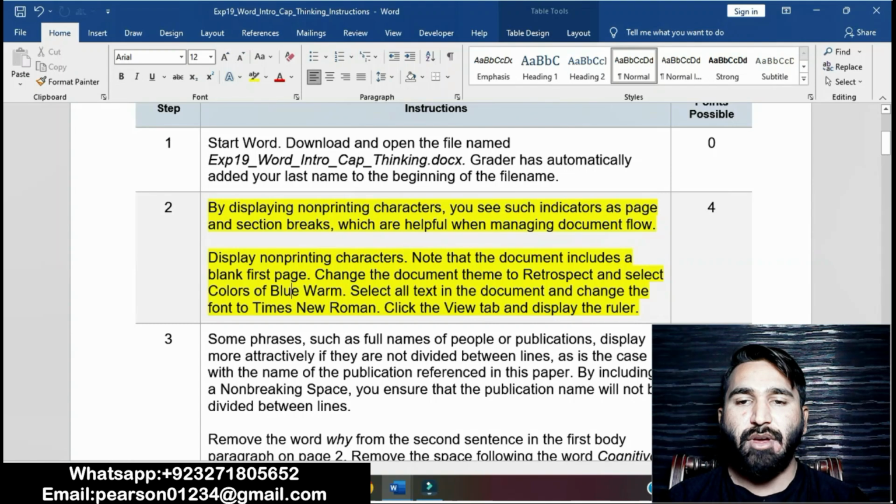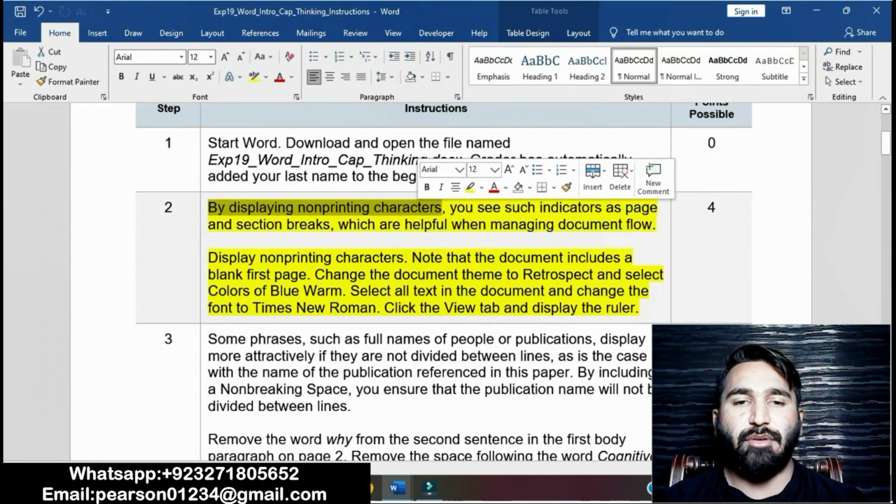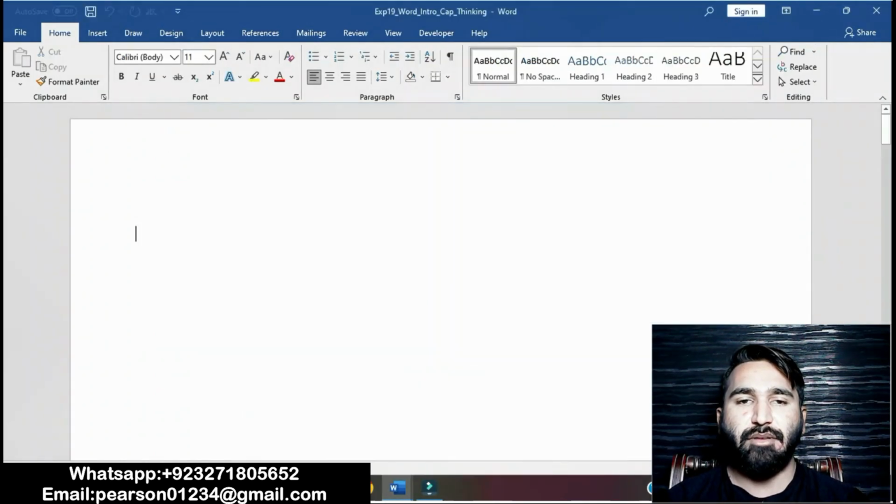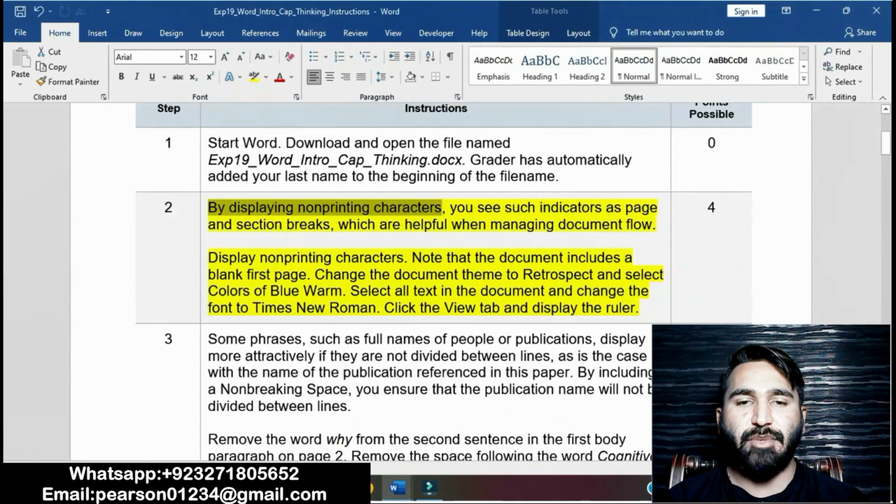Change the document theme to Retrospect and select the colors Blue Warm. Select all text in the document and change the font to Times New Roman. Okay, by displaying non-printing characters, go to Home and click non-printing characters. By displaying non-printing characters, you see such indicators as page and section breaks.